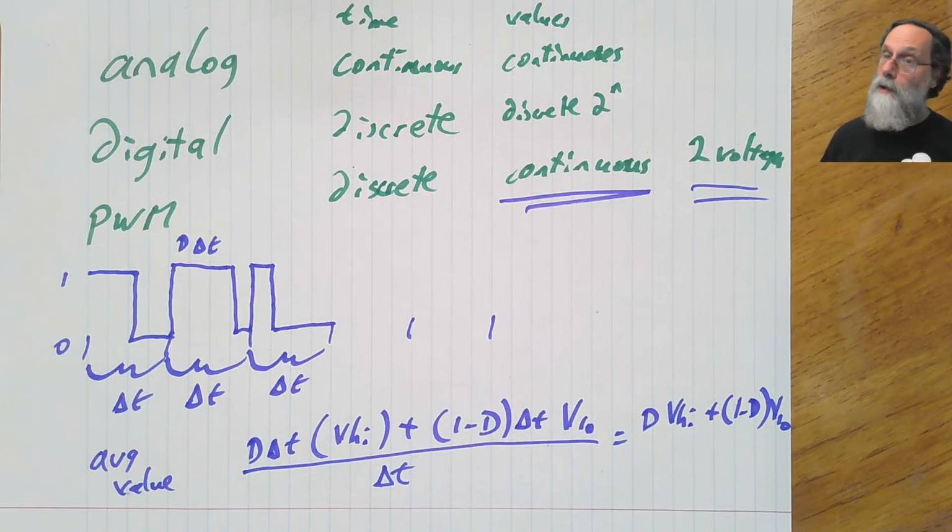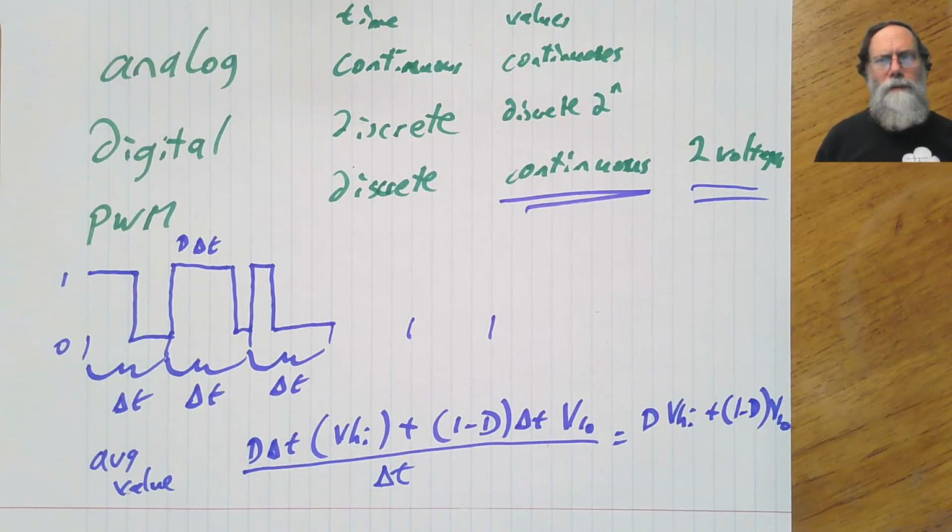The nice thing about having only 2 voltage levels is that if you add a bunch of noise to them, as long as the noise isn't so much as to take you from one level to the other, you can clean it up with something like a Schmitt trigger. So we've got a very robust signal here. We can recover the analog value, the continuous value that's represented in the PWM signal, with just something as cheap as a Schmitt trigger.